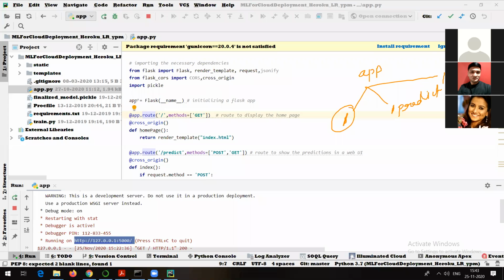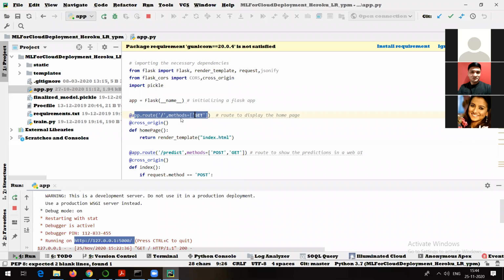Okay, so as the name is app, @app. So wherever it sees the @ sign, it means it is going to access that particular route. So @app.route, that means here it is going to access this particular route. Route means what? It is like as we are going to make use of the links, right? Or the paths, I can say. So it is a route to display the home page. That is nothing but the page where you need to enter all the input values, GRS code, profile score, and all those things. Okay, so it is going to take us to that particular page.